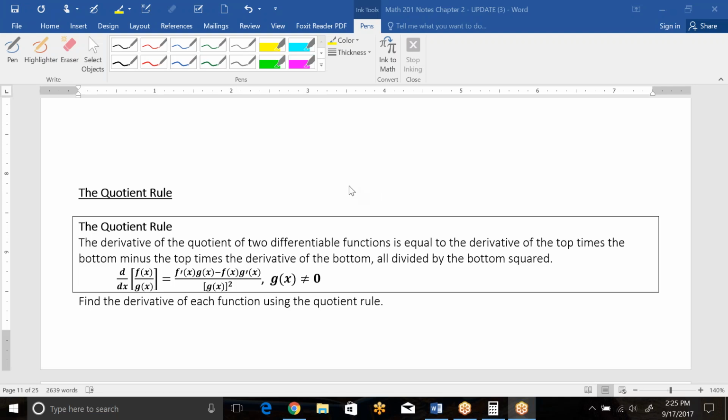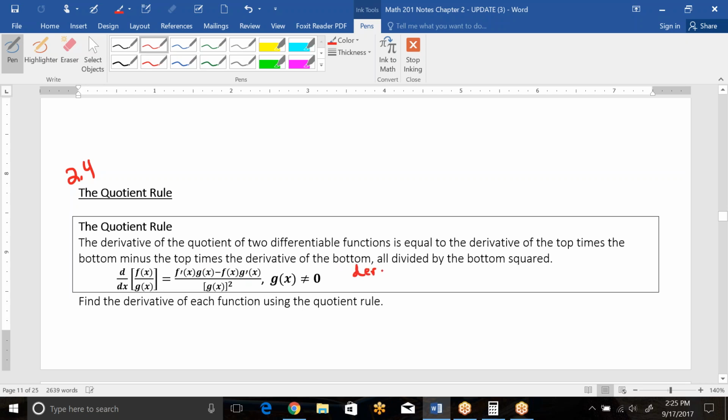All right, this is a video continuing section 2.4, but focusing on the difference quotient, or the quotient rule, I should say. So the quotient rule is when you have a function that you're trying to take the derivative of, and you have a polynomial or a function on top and another function on the bottom. So the rule here, and this is kind of the generic formula for that, is that we do the derivative